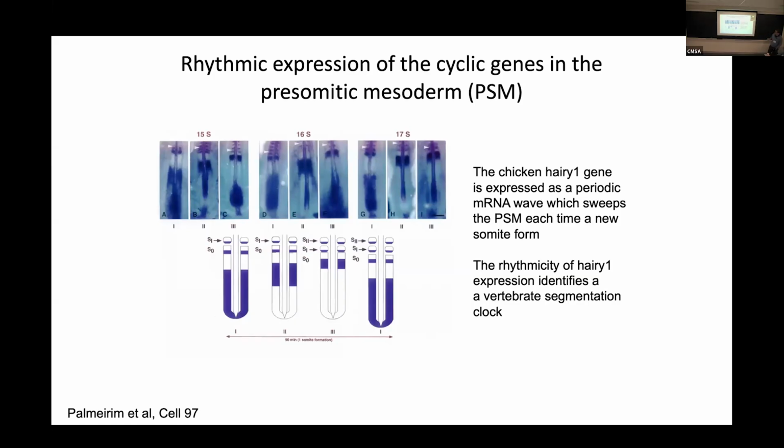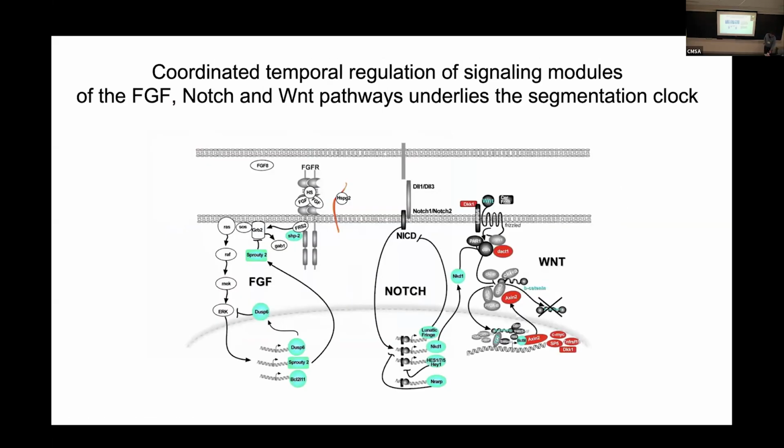And so these genes are expressed, as you can see here. This is a time window to form one somite. And in blue, that's their expression domain in the presomitic mesoderm, which appears as these traveling waves that you can see here also in real embryos. So traveling waves of transcription in the precursors of the somite that anticipate the formation of each segment. And so the periodic nature of this process led us to propose the existence of this oscillator called a segmentation clock. And work over the years led to the notion that this oscillator is in fact a gene regulatory network